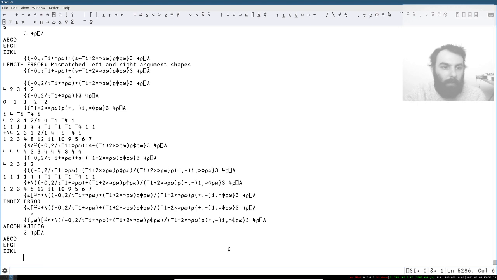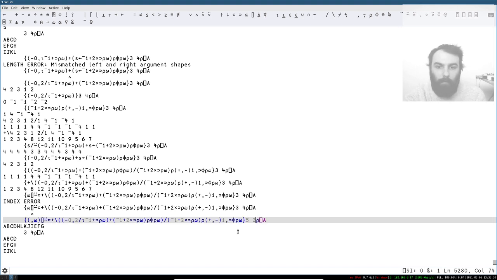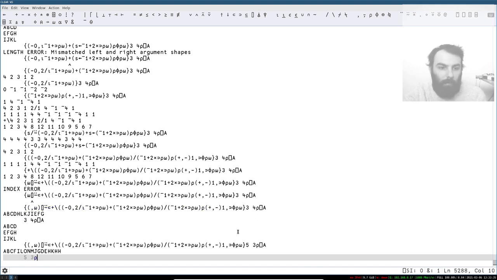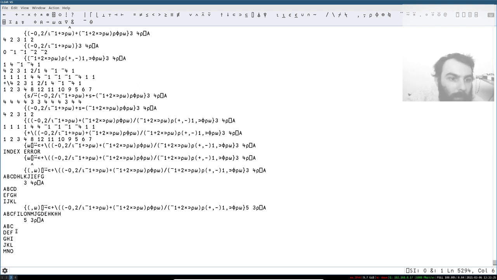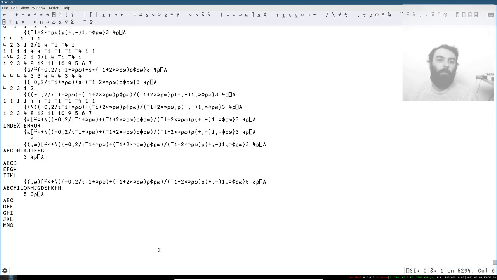3x4 reshape squad A. That's A, B, C, D, H, L, K, J, I, E, F, G. And if we do it like 5x3 instead, that's A, B, C, F, I, L, O, N, M, J, G, D, E, H, K. So the thing works, this is a general case loopless spiral algorithm, but